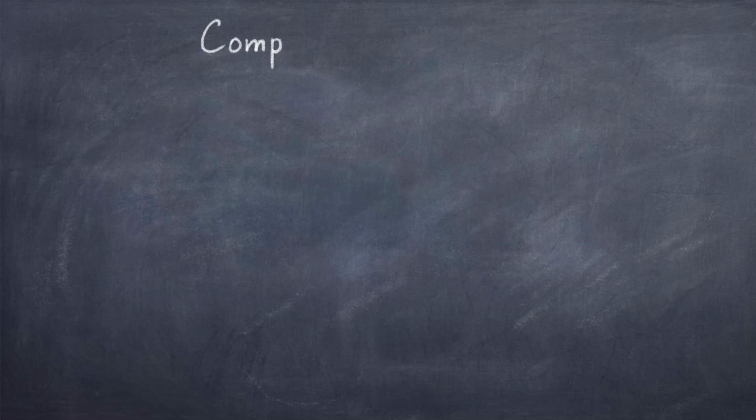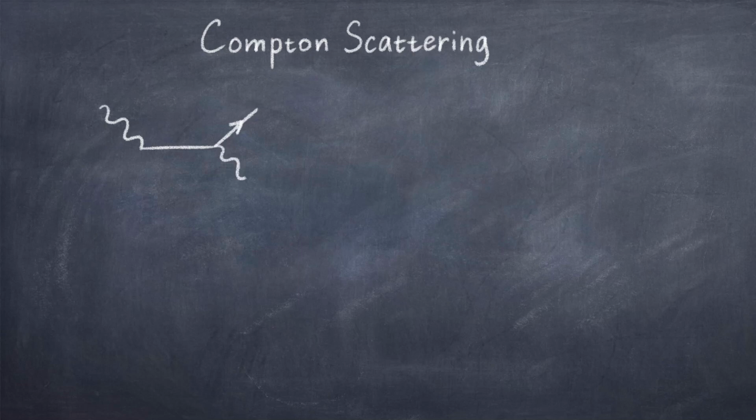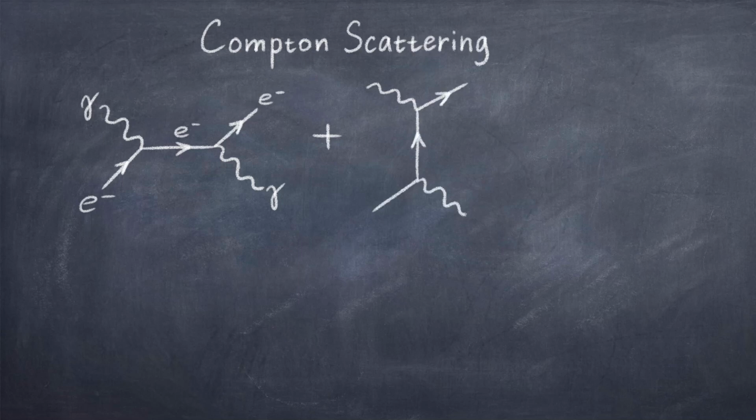As promised, we will also look into light interaction, because this is also part of QED. If we combine two vertices in a slightly different way, we can make the so-called Compton scattering diagrams. In this process we start with a photon and a fermion, and again we will choose an electron for simplicity. This is a real photon which interacts with the electron. The new thing here is that the mediator in this case is not a photon but a fermion, and again we consider an electron. Eventually we get an outgoing electron and a photon.